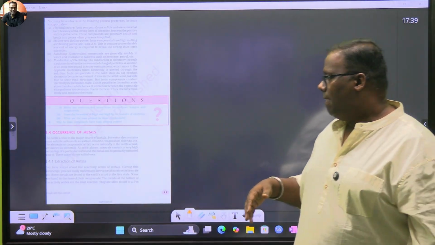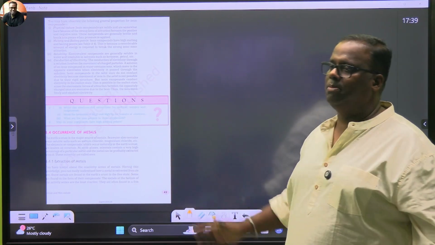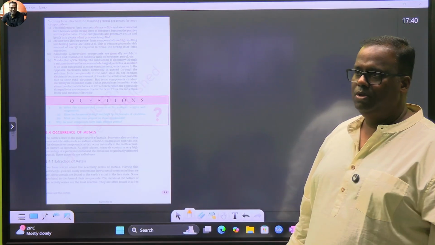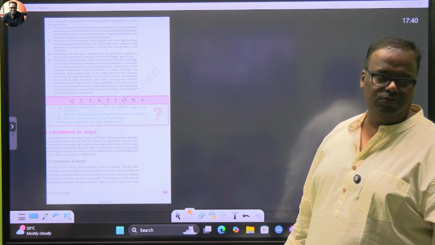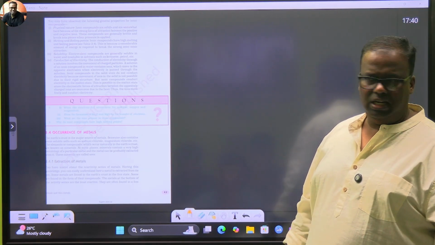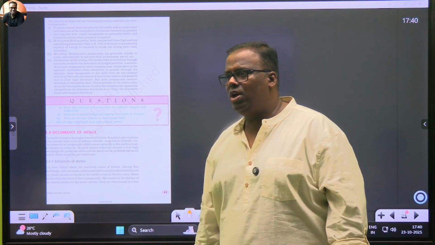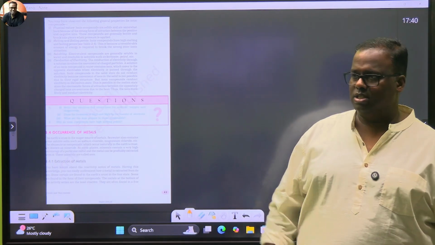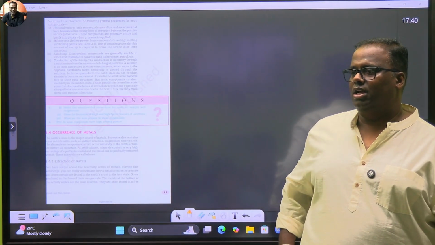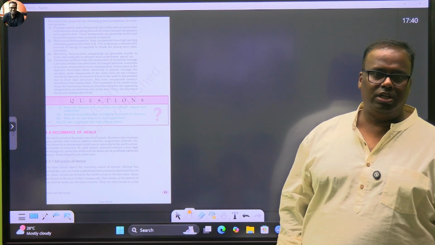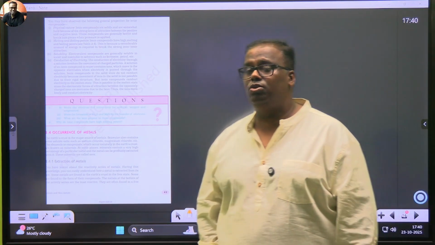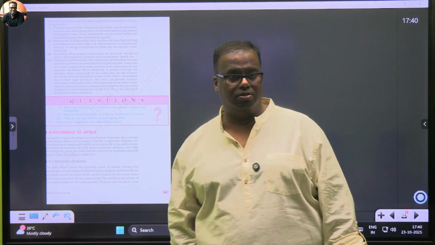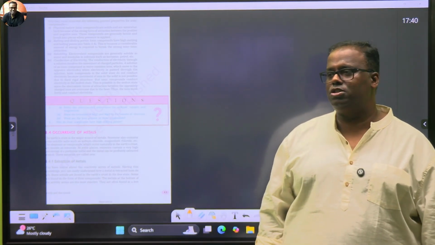Okay. So the metals, when we study in this chapter, we will classify into three categories. One is a very reactive group, then a moderately reactive group, and the third is the least reactive. Our idea is, the very reactive ones can be extracted only by electrolysis. That is, electric current is the only way in which we can extract them. The moderately reactive ones, we will try to convert into their oxide, and once we have converted to oxide, we will try to reduce it. Reduction is the process of stripping out the oxygen.